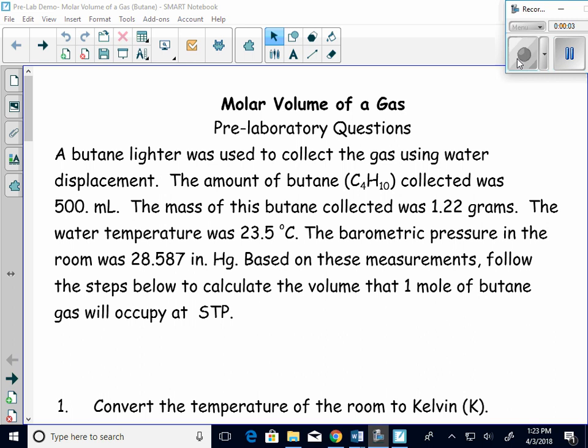Now, what I've given you here is a lab that has some background information. And that background information shows how I calculated the theoretical value of the molar volume. We know that the molar volume of a gas at STP is 22.4 liters, right? Well, if you look, based on PV equals nRT,